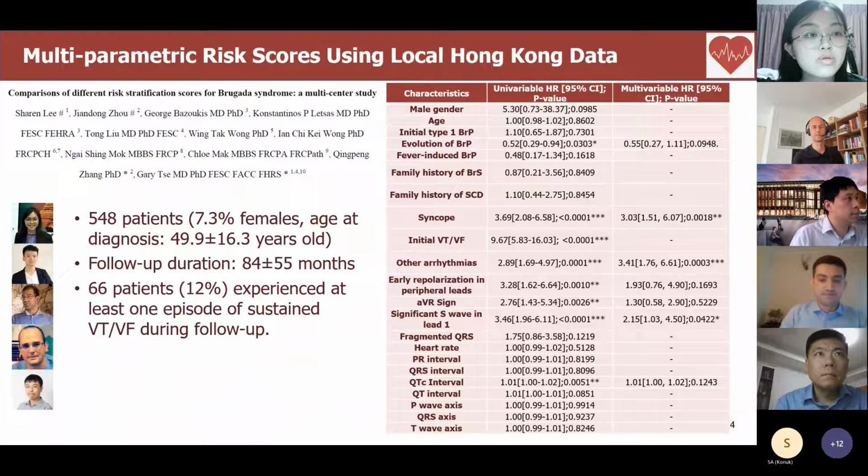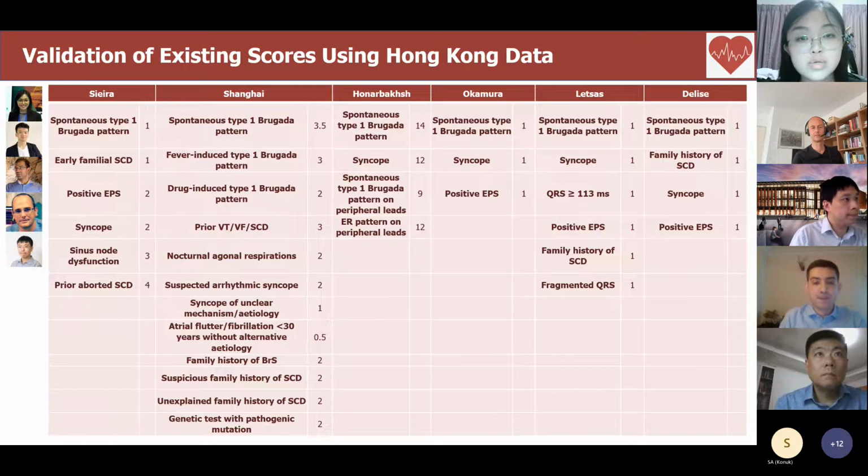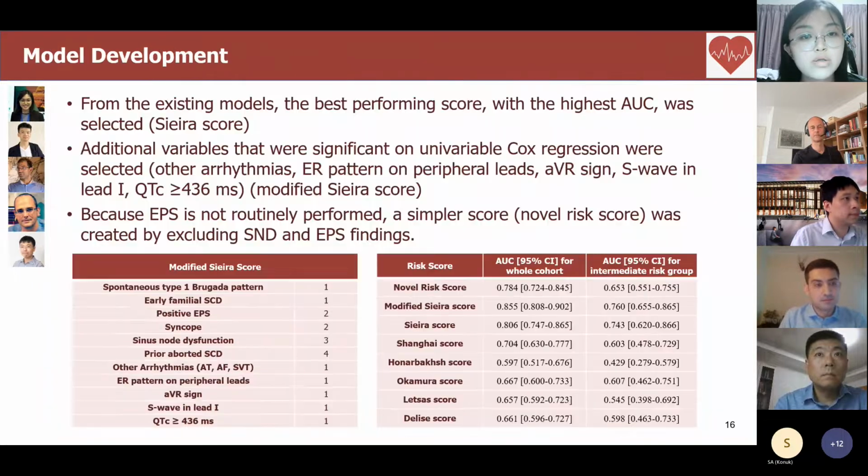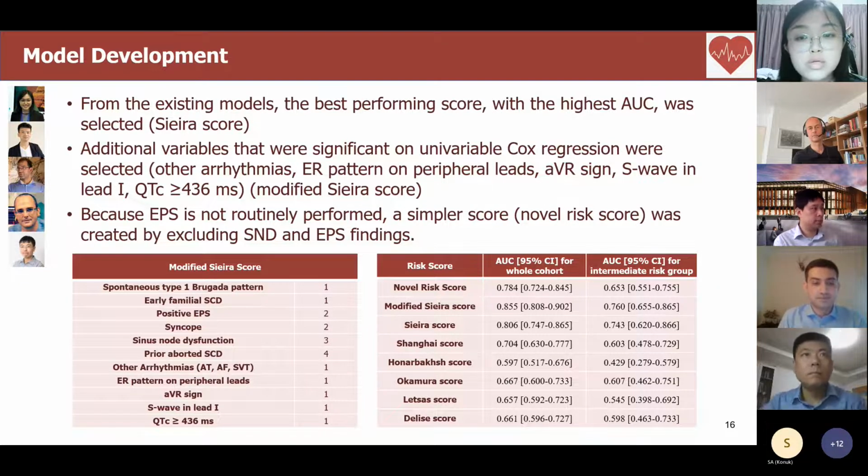A recent work of ours was to develop a multi-parametric risk score using local Hong Kong data. First, we validated the existing scores using local data, and within which we found the best performing score with the highest AUC, which was the Sierra score, and we incorporated additional significant variables that were found on a univariable Cox regression to develop what we called the modified Sierra score. And because electrophysiological studies were not routinely performed in Hong Kong, a simpler score, which we named the novel risk score, was created by